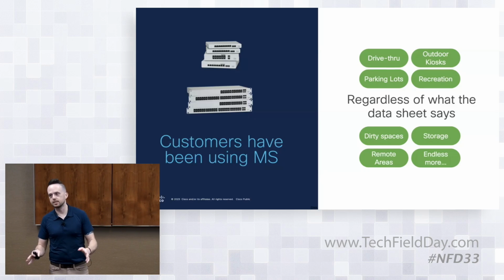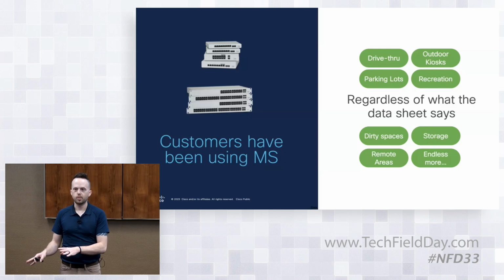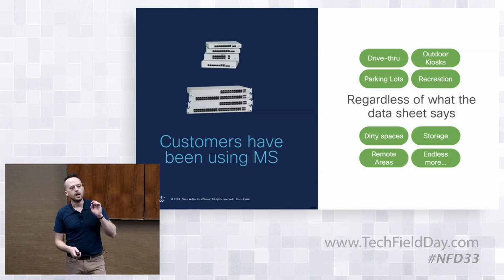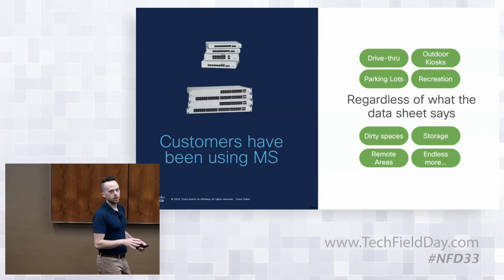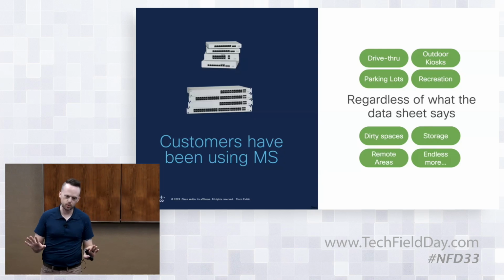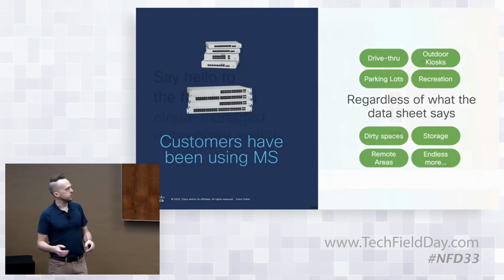But the ask has consistently been, could you consider making a switch that the datasheet says is okay to do this with? Now, I regret to tell you all that we are not going to allow you to cut your switch open and take the board out. That's still not going to be a supported use case, but I'm super excited to be introducing for the first time,